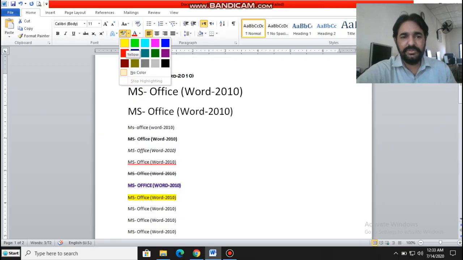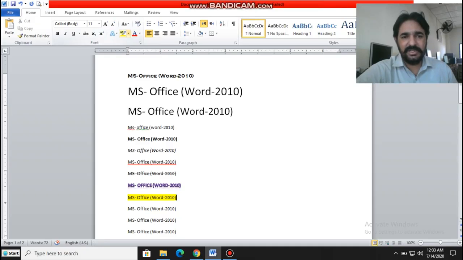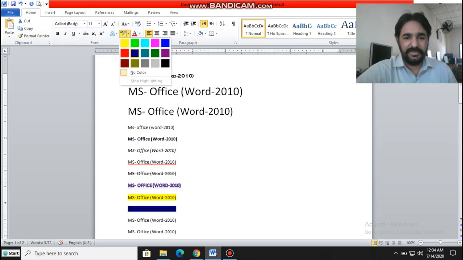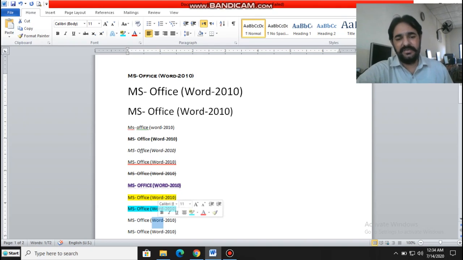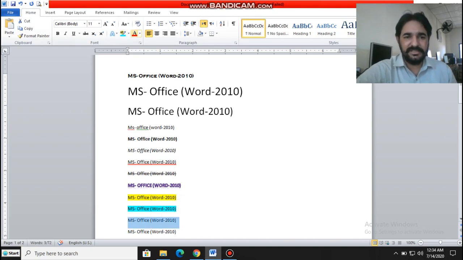If you are checking someone's data and you want to mention something, highlighter is there. You can choose any data, and a highlighter will definitely convey your message, what kind of operation is there and what the meaning of this highlighted text is. You can write a definition for better understanding.